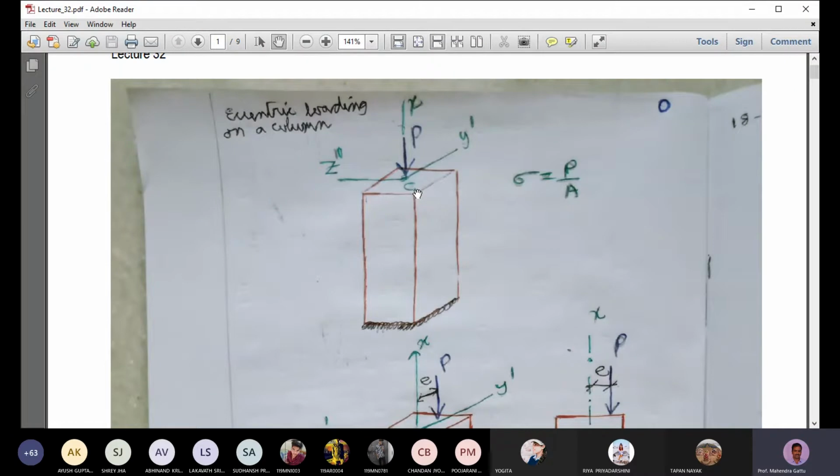So when this kind of load is acting, what will happen? The column will be subjected to pure compression, and the stress there will be sigma equal to P by A. And now what we do, we shift the load P by a small amount E, and the distance E is such that it is offset from the Z axis. So the point P is now lying on the Y prime axis,